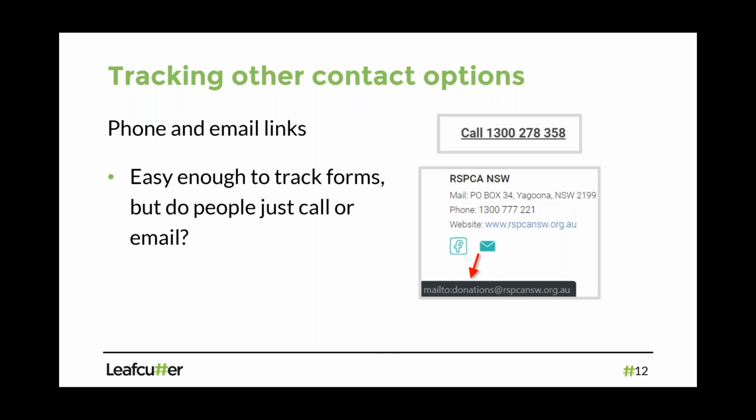Because maybe people are phoning in and then they do whatever the conversion is you want over the phone, and website analytics won't see that because the tracking doesn't really work that way by default. If I want a way to visualize that, then I can actually track those interactions. Again, anything that someone clicks on or interacts with can be measured through Google Analytics. So that'd be another thing I'd look out for.